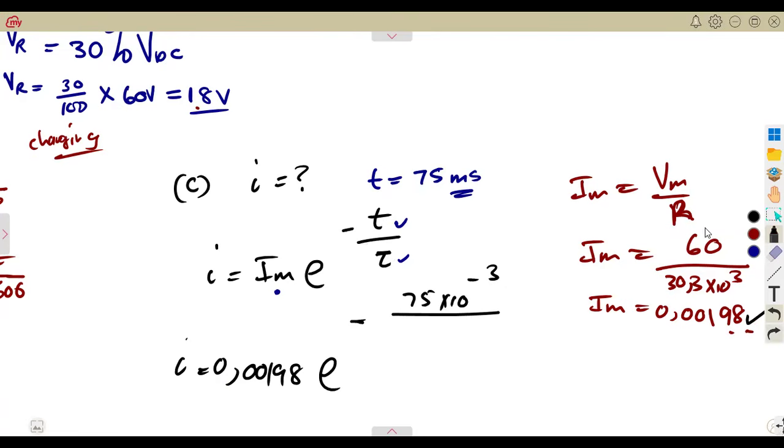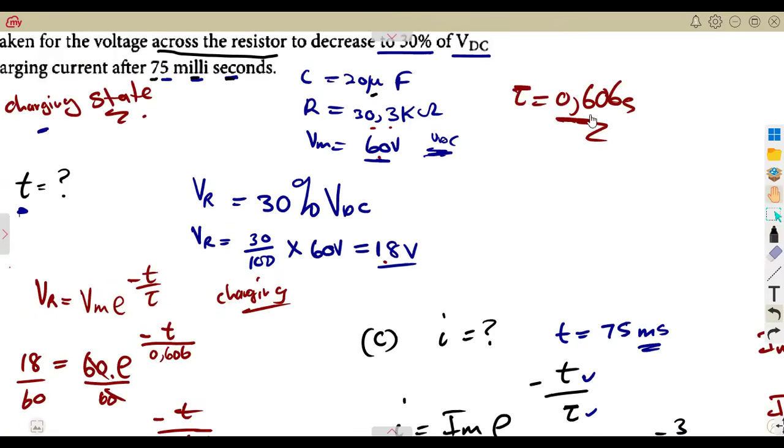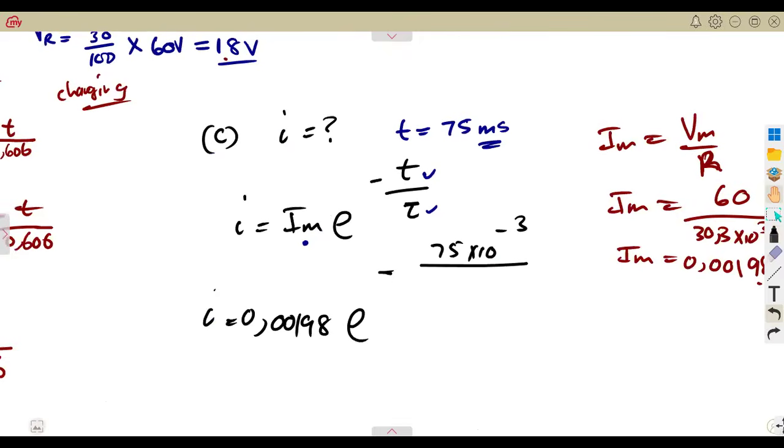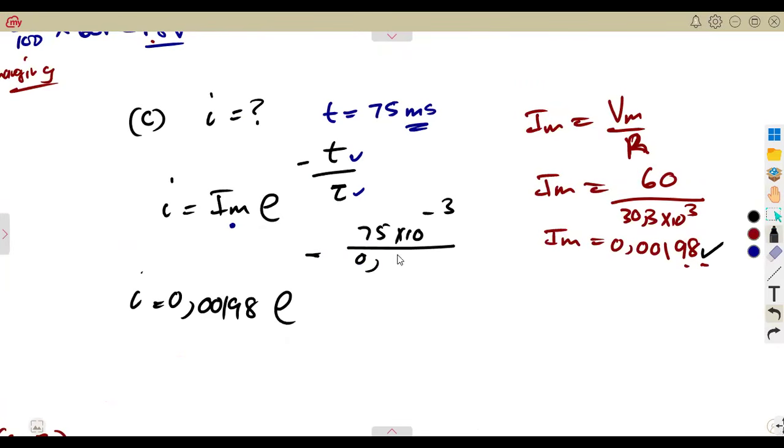Remember, we calculated tau before. Our time constant, tau, was 0.606. So it was just a matter of substituting this one, 0.606. With your calculator, you can simplify this. You're going to get 0.00175. Okay. All right. I knew it's going to be like that. Anyways, let's